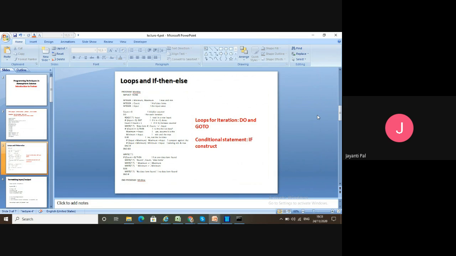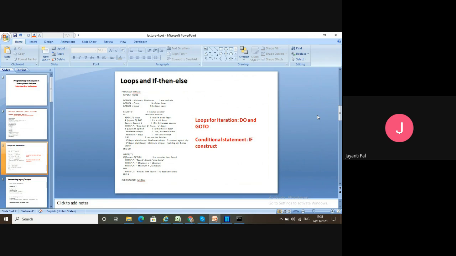Another thing is the conditional statement. If you want to execute something based on some condition, then how can you execute your program? For that you need some conditions.